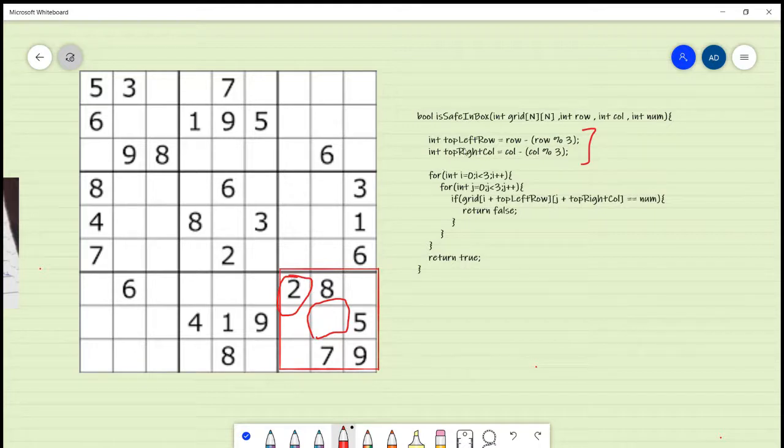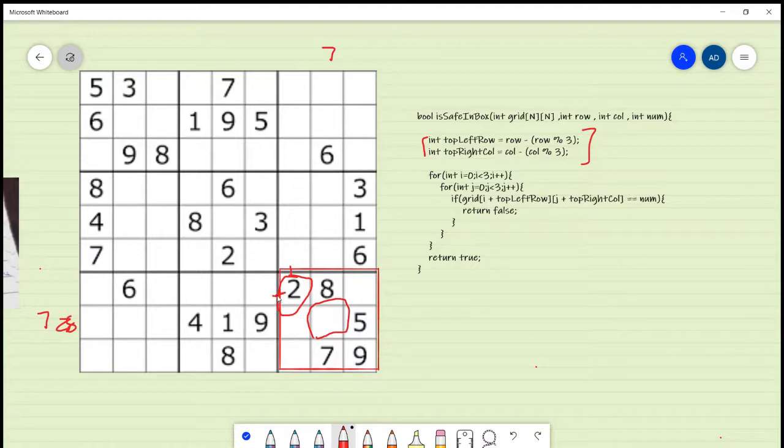Row minus row mod 3: suppose this row is 7, and this column is also 7. Row minus row mod 3 is 7 minus 7 mod 3, that is 6, and we get this position row, and similarly for the column we get this column. So if we are given any position in the box, then by this formula we find the top left position in the box.